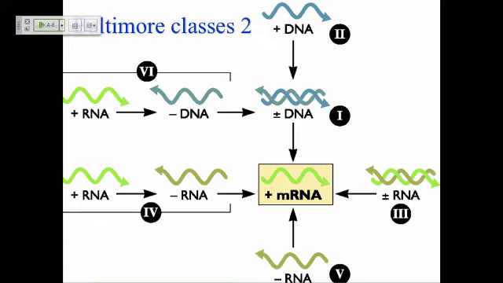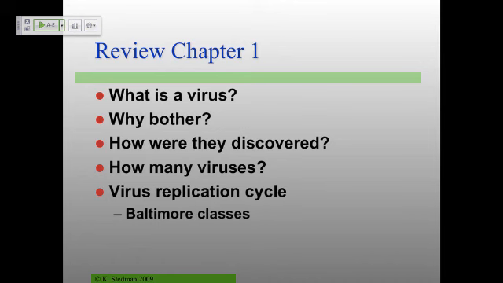So that's basically it for Chapter 1, at least from the textbook. We talked about what a virus is, obligate intracellular replicator with an extracellular form, or bag of nucleic acid, which of course is ignoring the whole cellular replication process. Why we should bother, hopefully convince you that there's some reasons we should be bothering about virology. Originally discovered, of course, because there's really small particles. They could go through filters but still cause disease. How many viruses? We mostly talked about the plaque assays, and again, I've got the plaques up here at the front. And then we talked about the various different Baltimore classes and virus replication cycles.